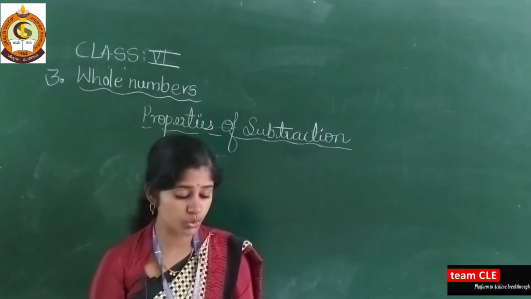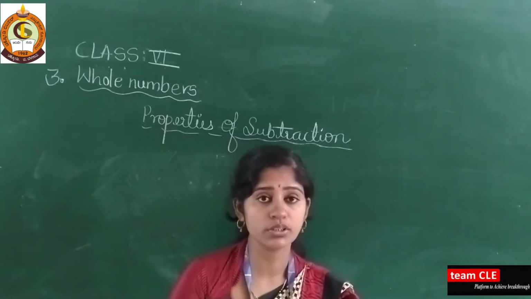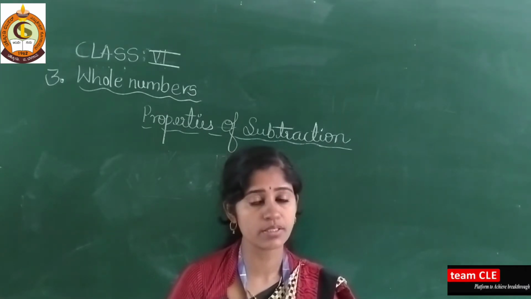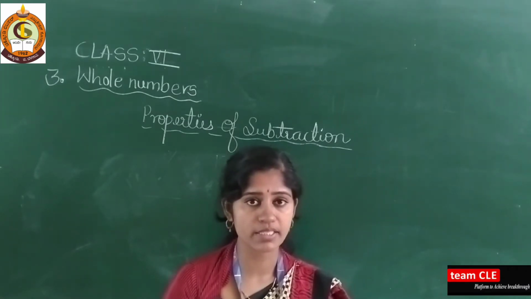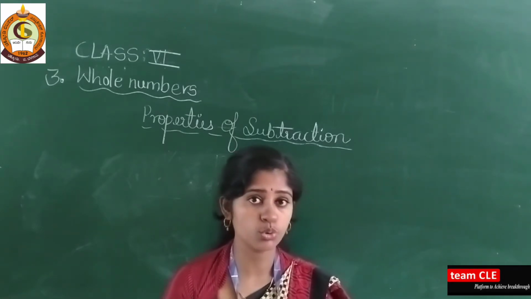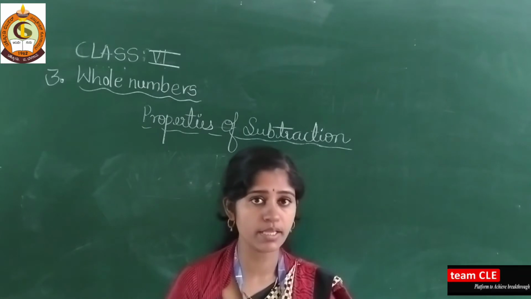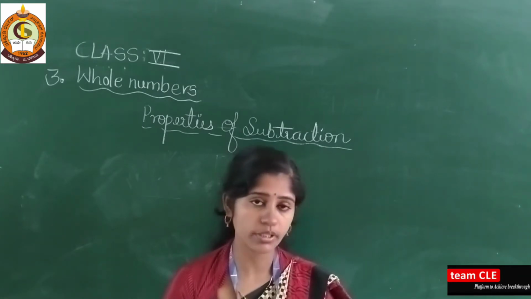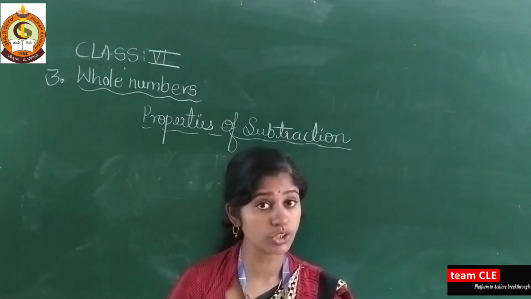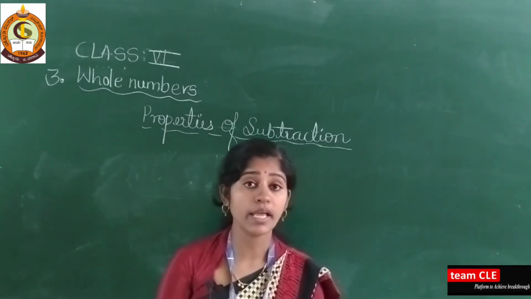Then dear students, tell me what are these whole numbers. Okay, you know about natural numbers. Natural number means 1, 2, 3, 4, 5, 6, 7, 8, 9. It will come in one flow. When we are telling you to tell the numbers, then you are starting with 1, 2, 3. So they are natural numbers, means the numbers which start from 1, 2, 3, and so on. They all are natural numbers.